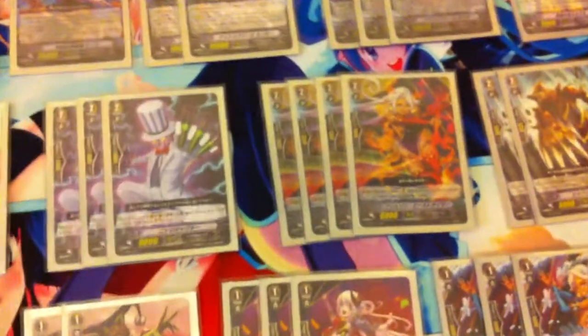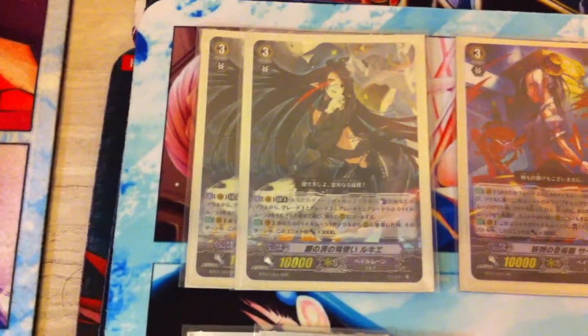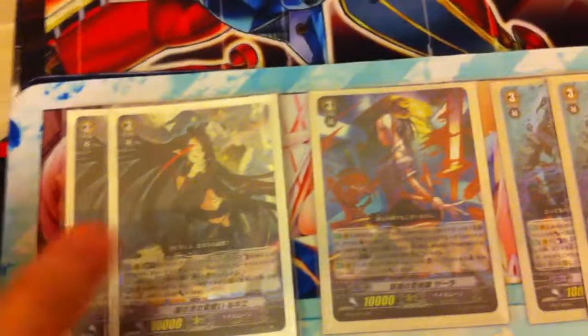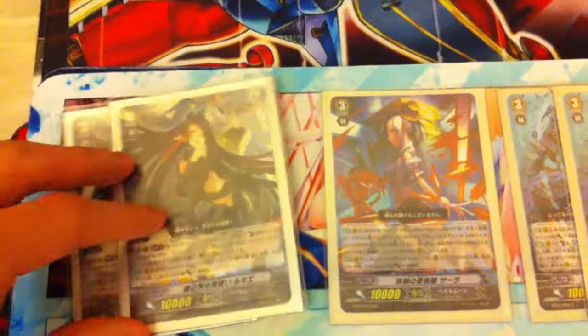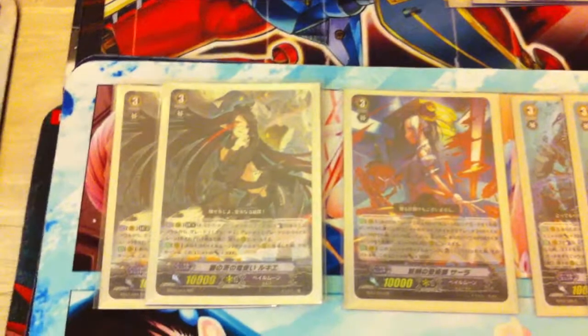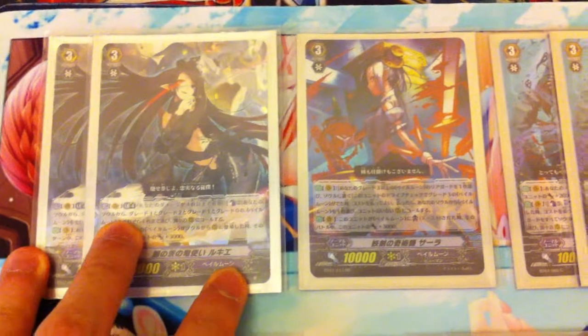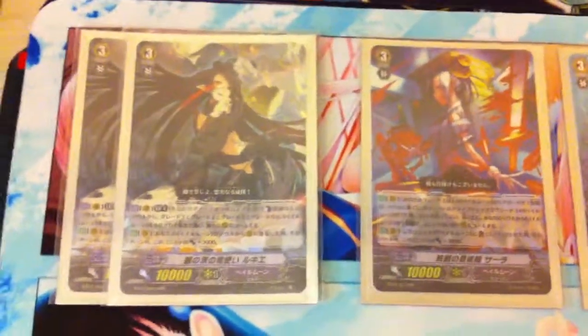So here we go. First, for the Grade 3 lineup, I run 2 Silver Dragon Tamer, the Queer, because she's pretty good, but I wouldn't run more than 3 of her. 2 is pretty good, because to be honest, her limit break, I don't usually even get it off. Sometimes my field is just too full for her abilities, and I don't really want to